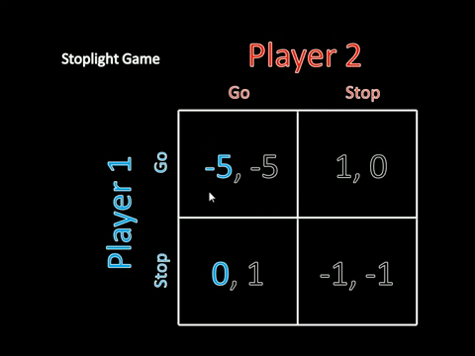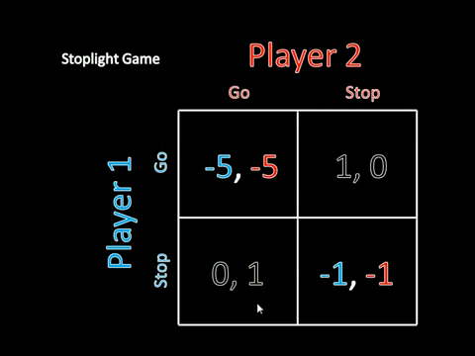If he goes, then he's going to crash into player 2. So he doesn't want to go here. He's happy stopping, and right now player 2 is going while player 1 is stopping. That's her best outcome. If she were to stop instead, then they're both stopping and they're in that awkward situation, so she doesn't want to stop. And therefore, everyone is content right here. So they are content with following whatever the stoplight says.